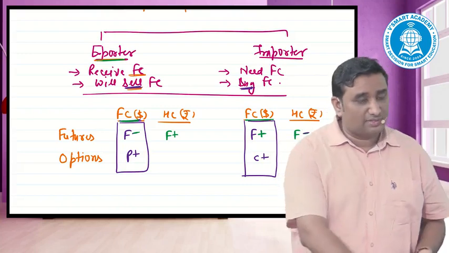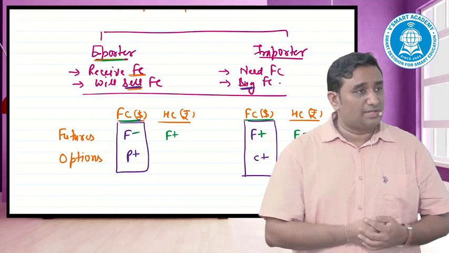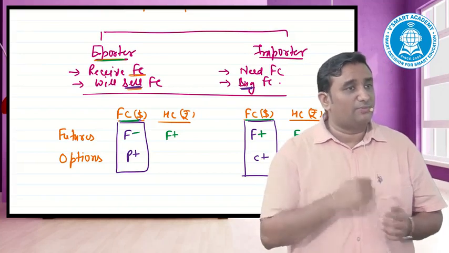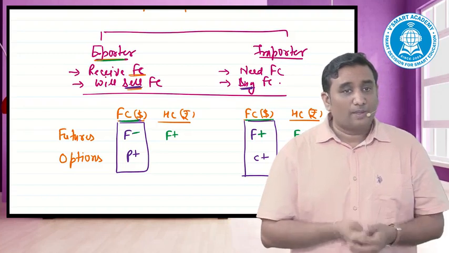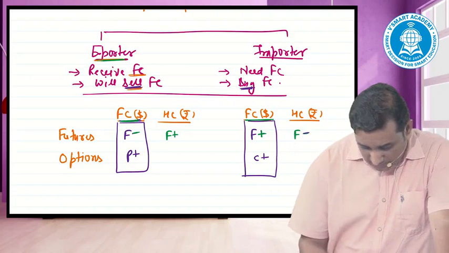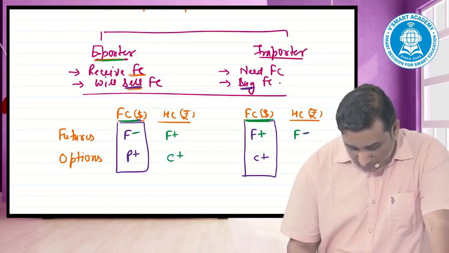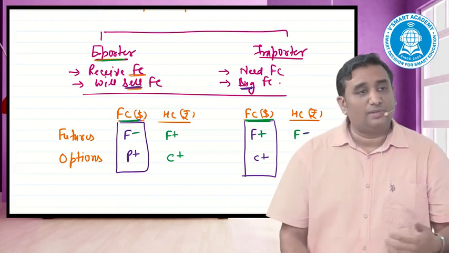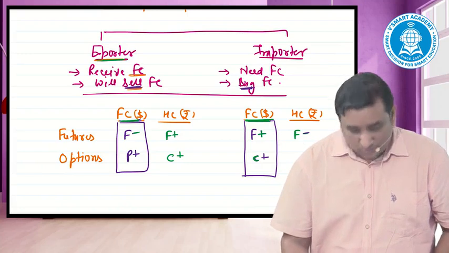Either you can do one thing, you can say, I'll come and sell the dollars. Instead of that, you can also say, selling of dollars is as good as buying of rupee. Instead of saying that language, I'll sell dollars, I can say, I'll come and what? Buy rupees. That means if the contract is available in rupee terms, it will be a C plus. In the case of an importer, he'll go to the market and say, I want to come and buy dollars. Buying is C plus.